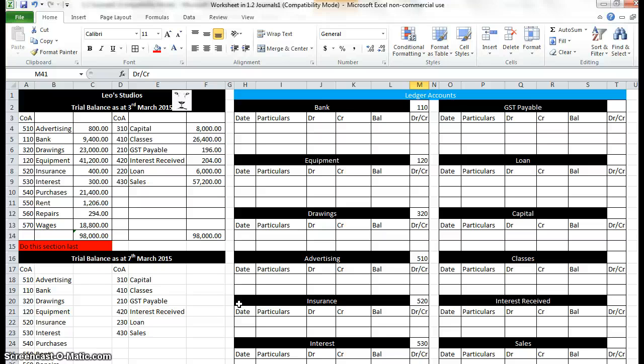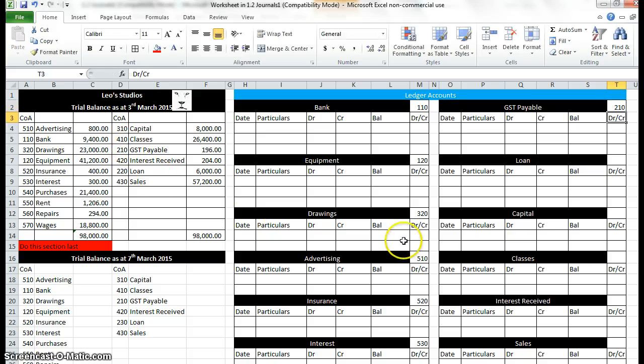You notice that there are 10 intervals, 550, 560, 570. That's if there's any new account. I like to fit them in alphabetical order. So we could have something, for example, if it was accounting fees, we could make that 505 just to fit in alphabetically. Over the credit side, GST payable, again top right hand corner, type equals, and we'll find GST payable